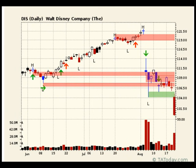Well, hello everybody. This is part 3 of the Walt Disney trade. It was the bounce trade, and what we were looking for, if you remember from the last time we talked, is we were looking for this thing to roll back over, right, and to come down here and test this area and potentially set up a buy. Well, today not only did it test that area, it blew right through it, volume expands, and the trade setup that we were looking for now pretty much has gone awry,